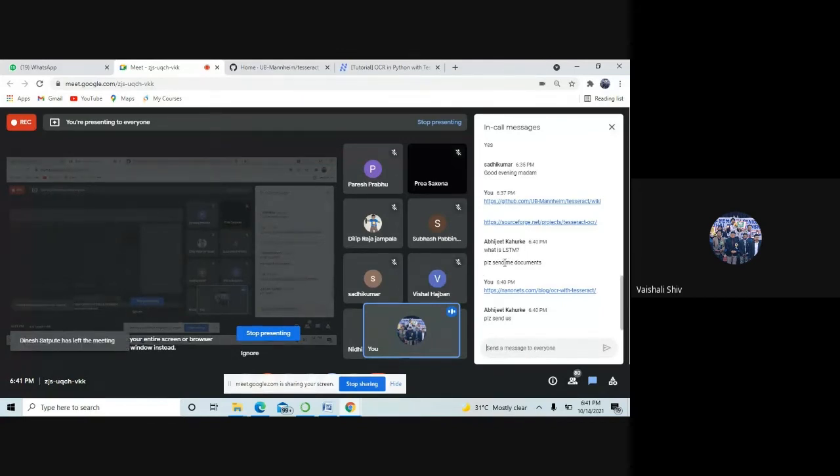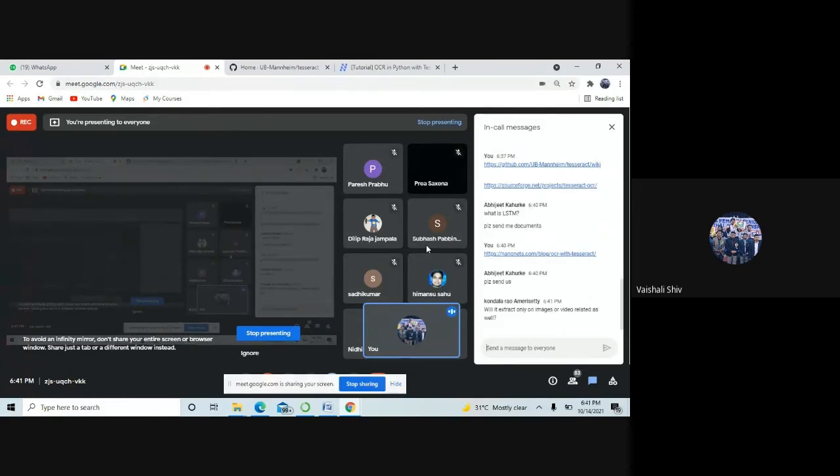So yeah, Abhijit, LSTM is long short-term memory. It has some encoders, so it is going to encode your text. It has a network and it passes your text one by one, and it remembers your text. That is how it works. It is a very big kind of architecture, and you need to learn that, but as of now PyTesseract uses the LSTM technique.